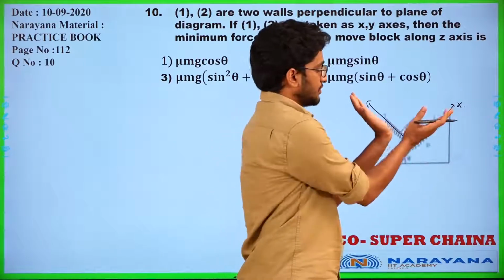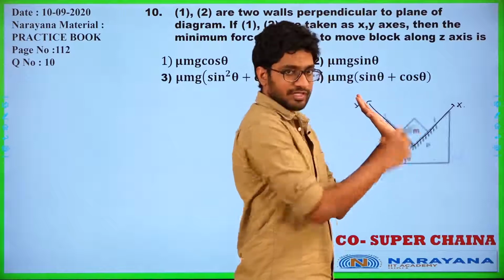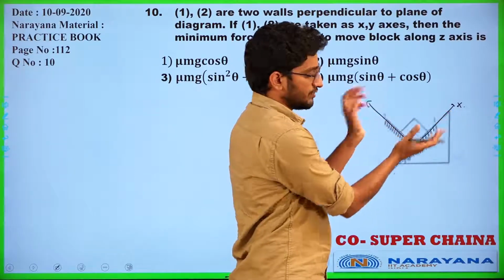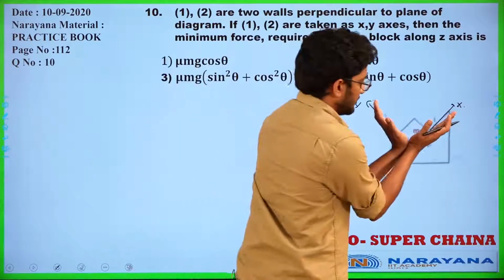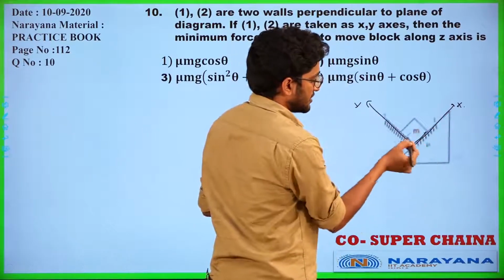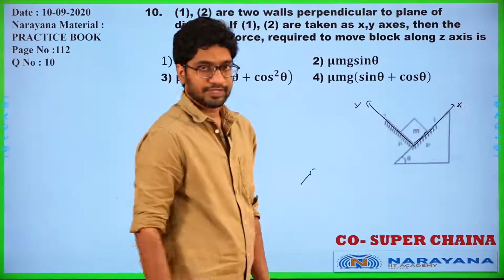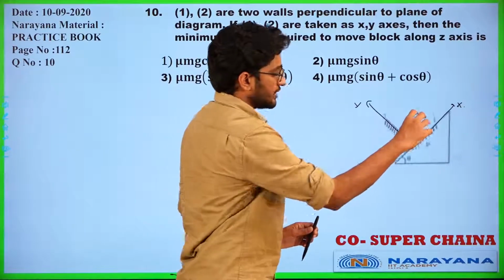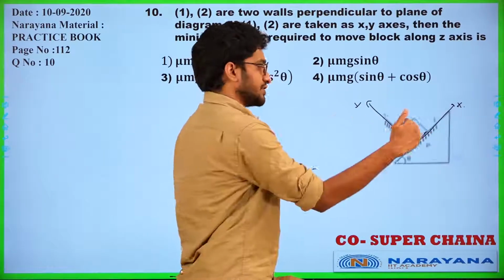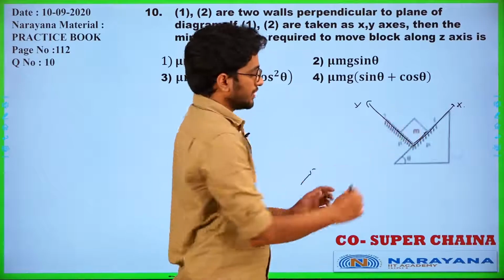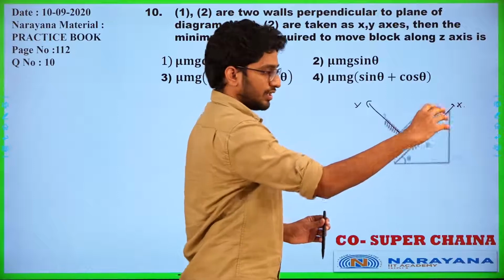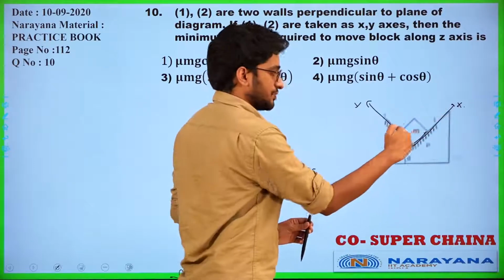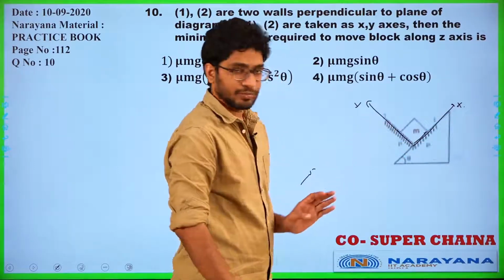Okay. So we can see that the block is in contact with this plane, and also in contact with this plane. So there are two frictions possible because it is in contact with both planes. A contact is here and a contact is here. And you are trying to move it in the z direction. So both the frictions act in the opposite direction. Here also friction acts into the plane. You are trying to move it out of the board, so the friction acts in the opposite direction, into the board here, and also into the board here.